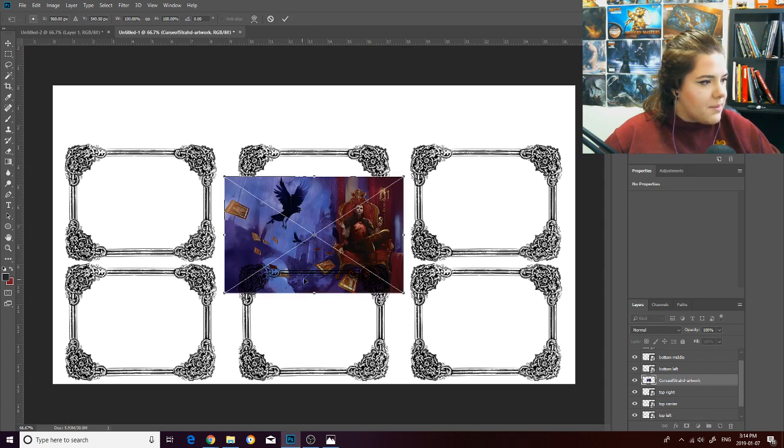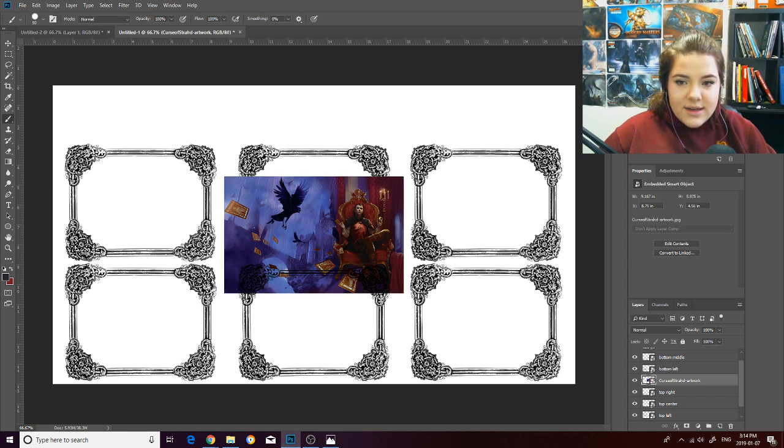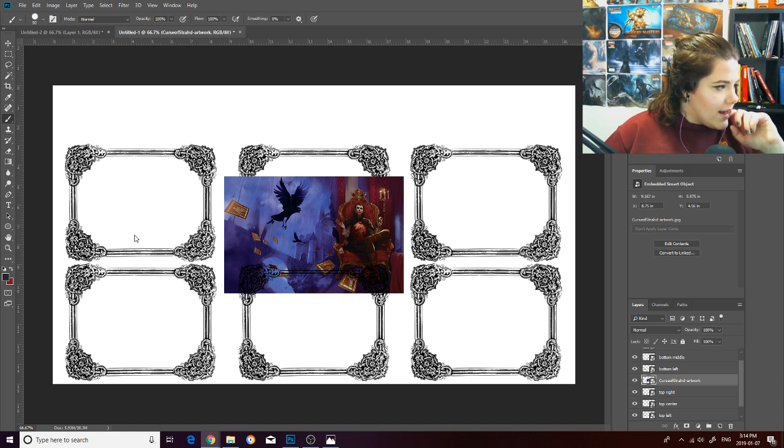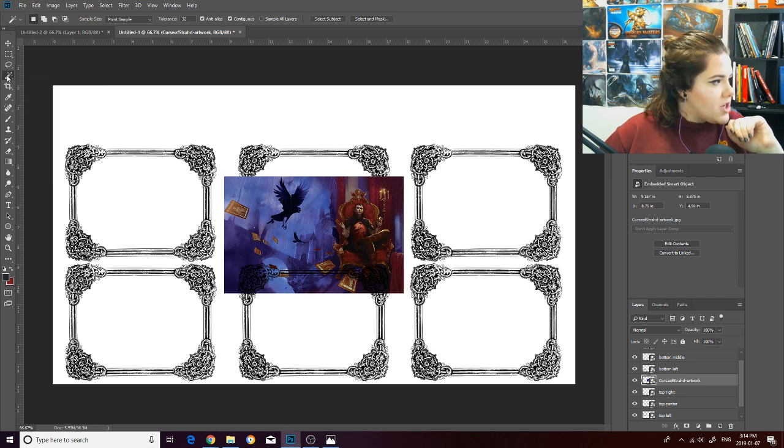Okay, so we're going to kind of put this. This is kind of the color scheme I'm looking at. Now, this is a pretty complicated looking thing, so I'm just going to be using the colors from here. So you have your two colors here, and I love the gradient look. I think it's super cool looking, so we're going to do a gradient. So we're going to pick a lighter color. So you're going to take your magic wand tool,